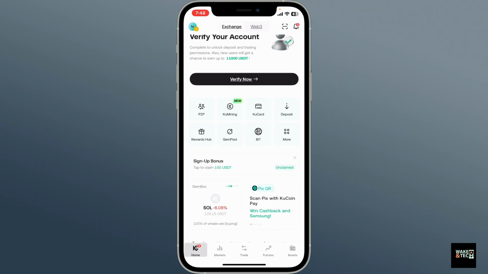So that's how you easily sign in or log into the KuCoin application on your smartphone in just a few simple steps. With your account now accessible, you can start trading, checking balances, managing assets, and exploring KuCoin's features the right